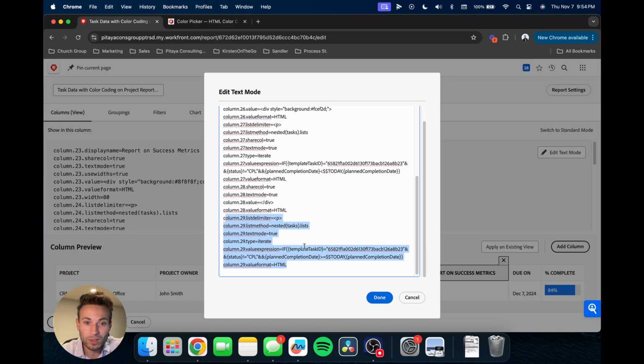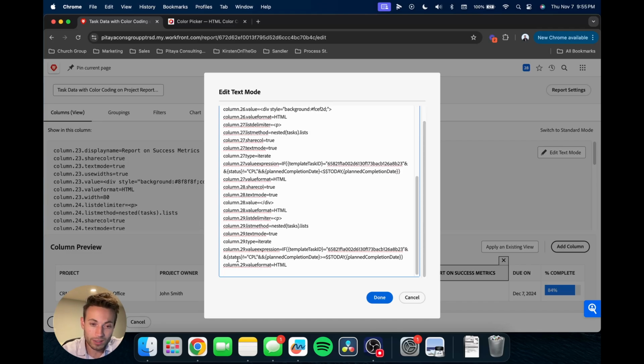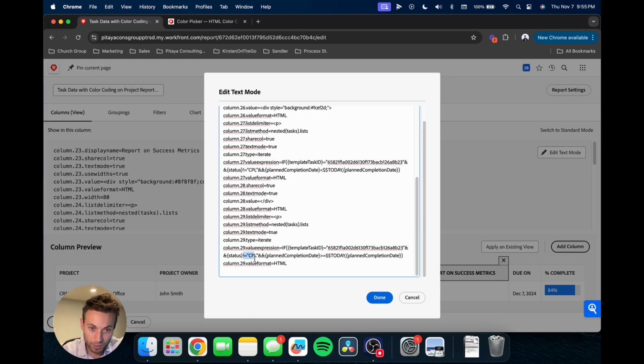Then here's that div in column 28, and you'll notice column 29 is the last one, and that's where we're bringing in just the value, there's no color coding. So you notice after this div, there's no line of the style with the background color, because there's no color on this last value expression. So again, pretty self-explanatory now that we've gone through the others. If it's that task and it's not complete, and the planned completion date in this case is greater than or equal to today,